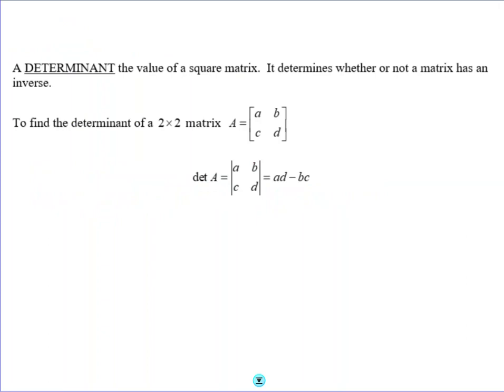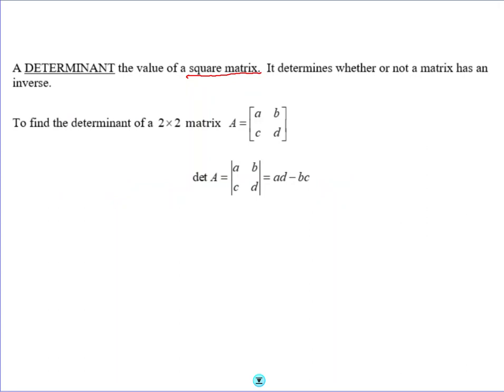First, a determinant is a value of a square matrix. Please note that you can only find the determinant of a square matrix. The determinant helps you determine whether or not a matrix has an inverse, and we'll get to that later in the notes. To find the determinant of a 2x2 matrix, if we have matrix A with elements A, B, and C, D,